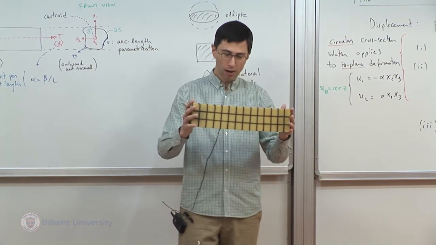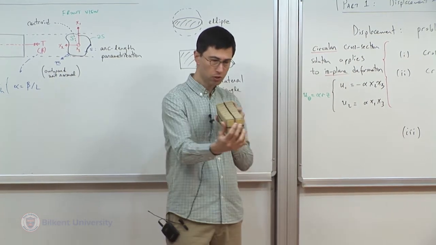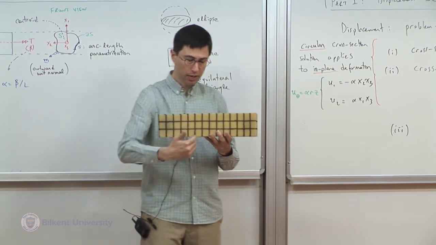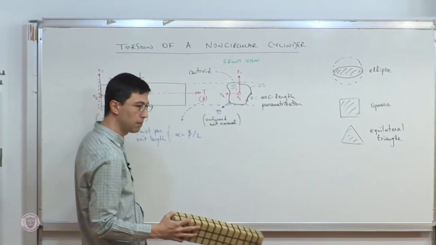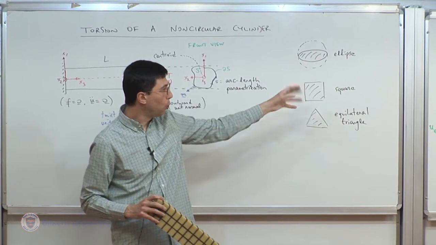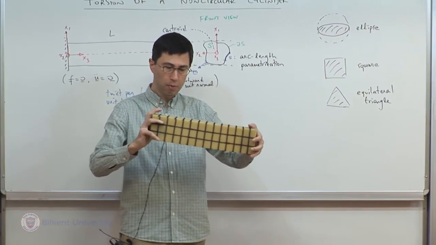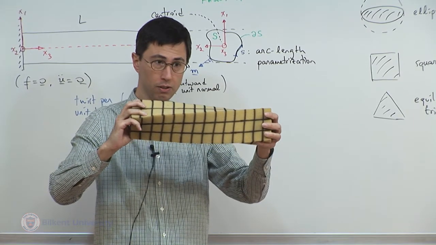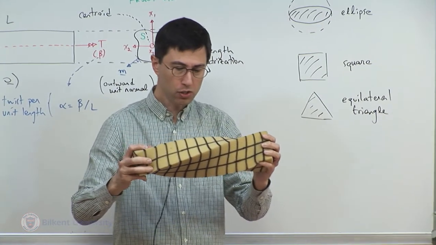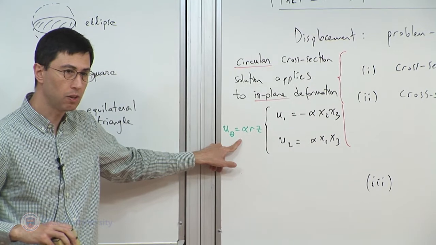So, we're going to torsion this, right? If the cross-section were circular, we have these lines that are taken along the length. And when I torque it, the cross-sections only rotate. They don't distort. It remains as a cylinder. Okay? But in the present case, those lines get distorted. So therefore, first of all, this solution by itself obviously cannot apply,